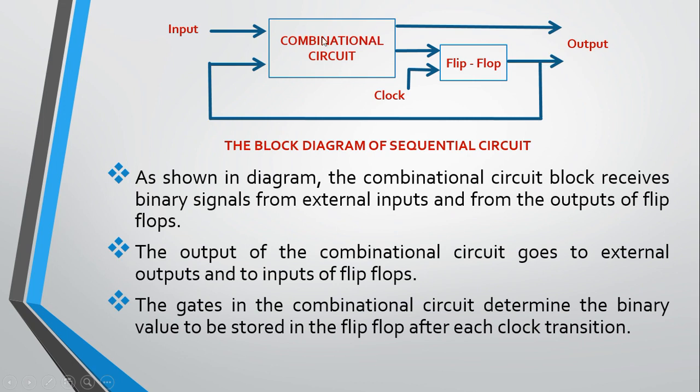So in the combinational circuit, there are two inputs we have used over here. One is called the input variable, another is called the output variable. We have reused it as an input of the combinational circuit. And definitely we need to use a clock, to apply the clock pulse to generate output based on a specified time interval. So we have to apply the clock over here with the flip-flop.